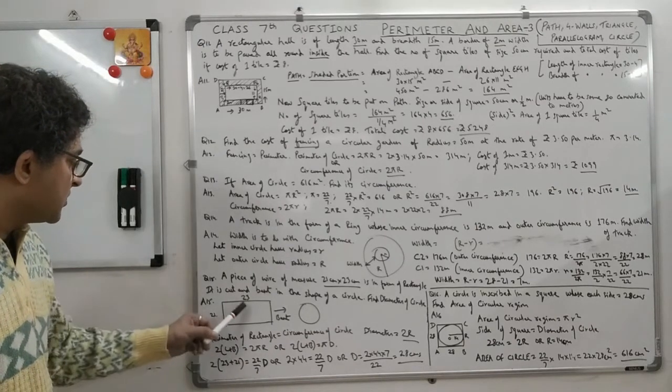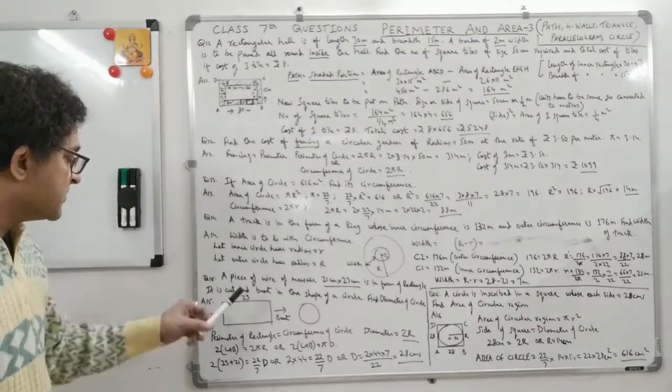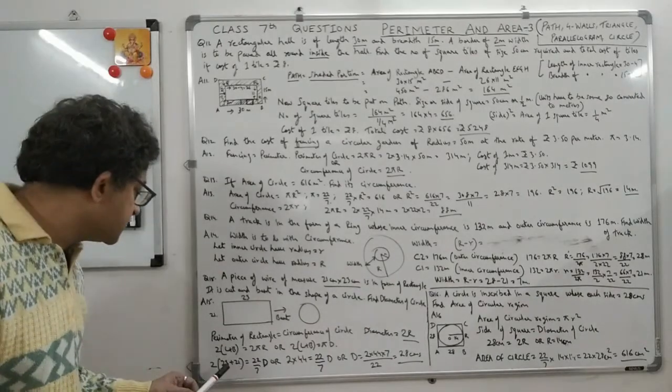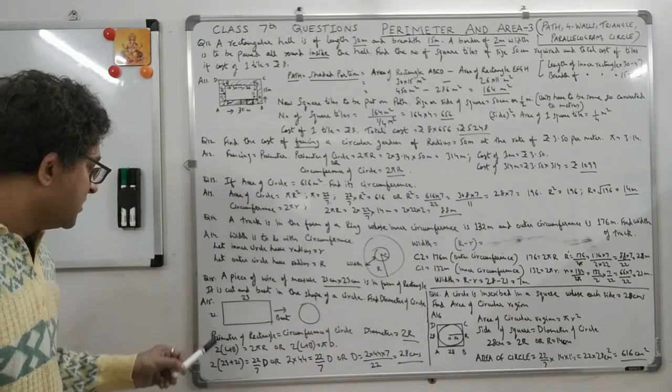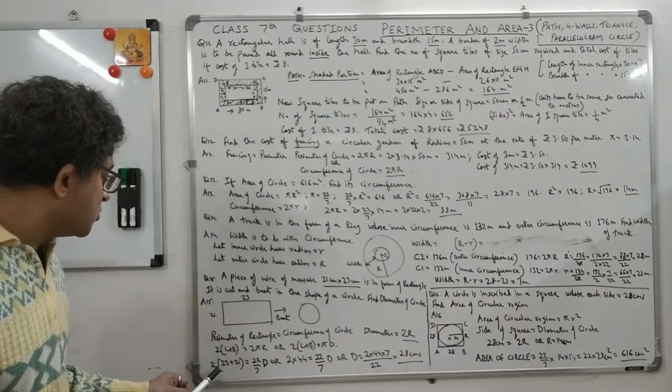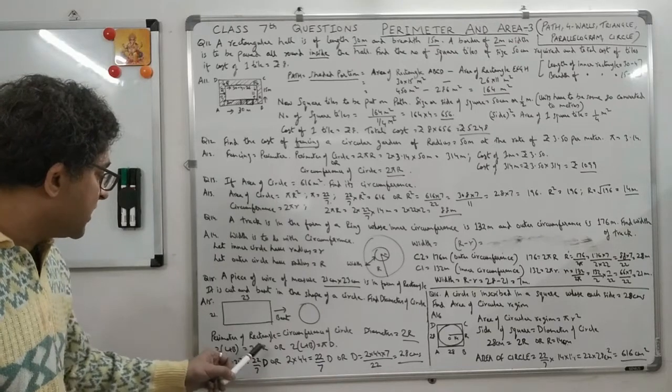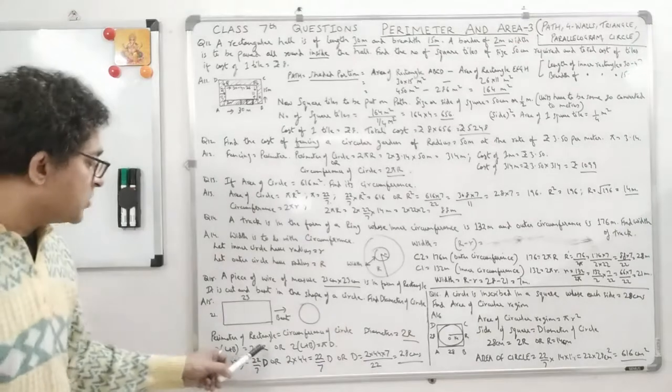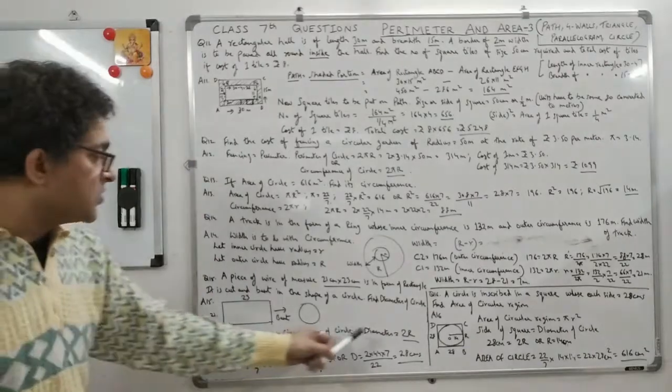Twice, length is 23, breadth is 21, or vice versa. Anyways, you can put, it doesn't make a difference. So I'm putting this as 23 and length, and this is breadth. So this is 2 times (23 plus 21) is equal to 2 pi r. Now pi into 2 into r is d. 2 into r is d.